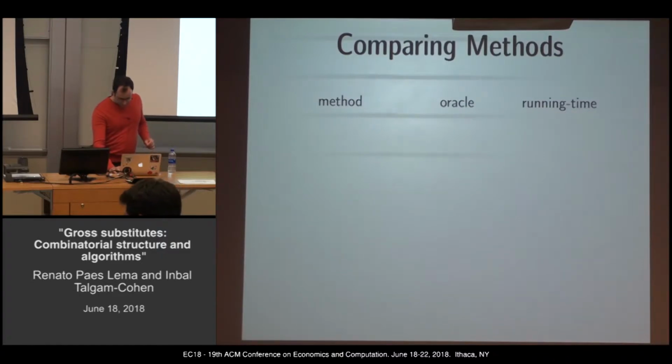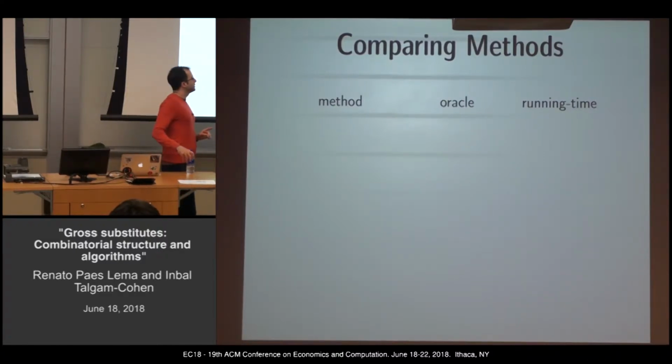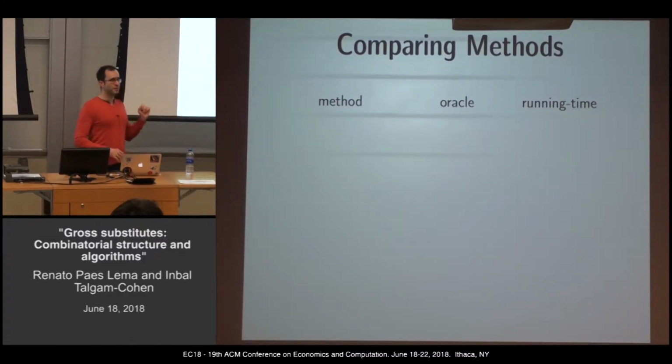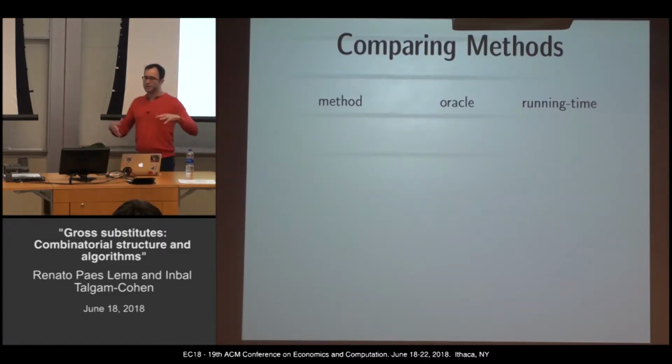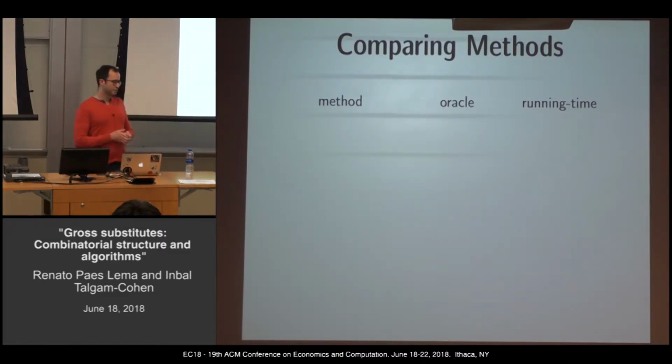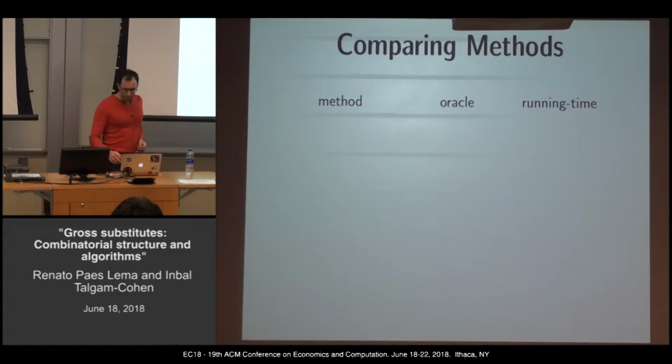So maybe the next thing relates to your question: when can you apply KKT conditions and when can you not? The next method concerns what access you have to the valuation functions. If we talk about computation, these valuation functions are combinatorial set functions, so there are 2 to the n values for every buyer. Usually you have something of very high cardinality. You don't imagine you have a table written out; you imagine you can access it through an oracle.